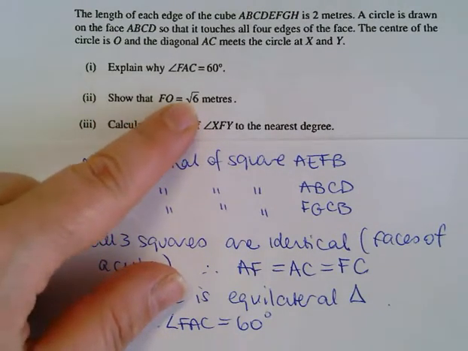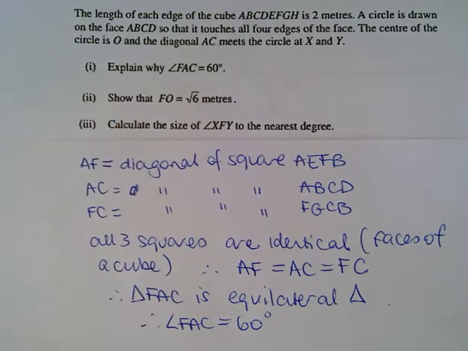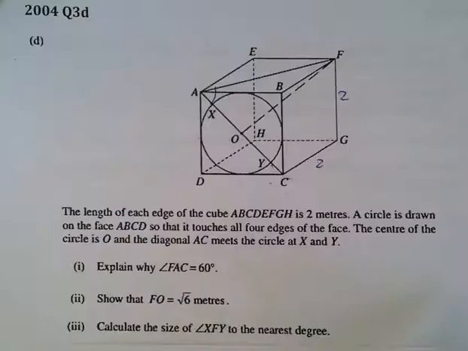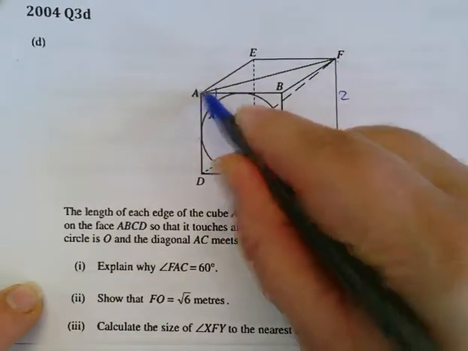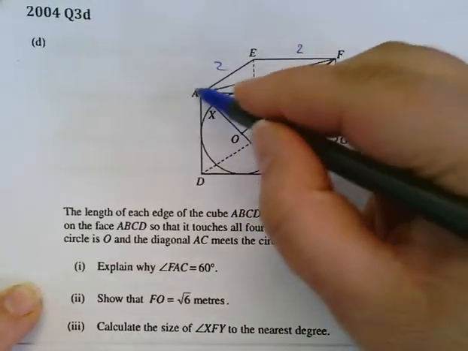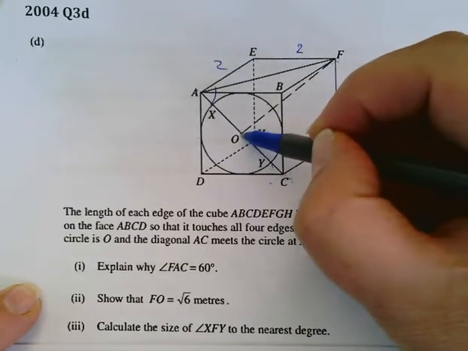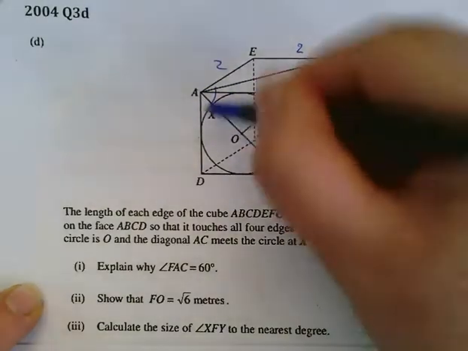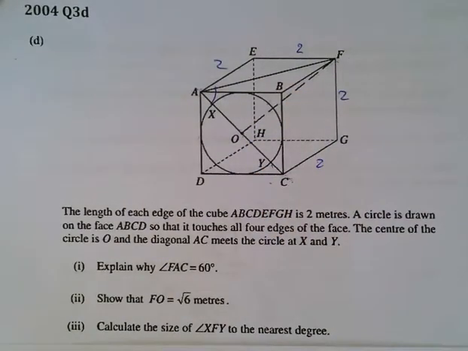So they're using that in the next bit. The next one's only worth 1 mark as well. We know that AF is the diagonal and these side lengths are 2. So we can work out AF. We know that AC equals AF, so OA would be half. So we can come up with an expression for OA and use Pythagoras' theorem, shorter side, to come up with